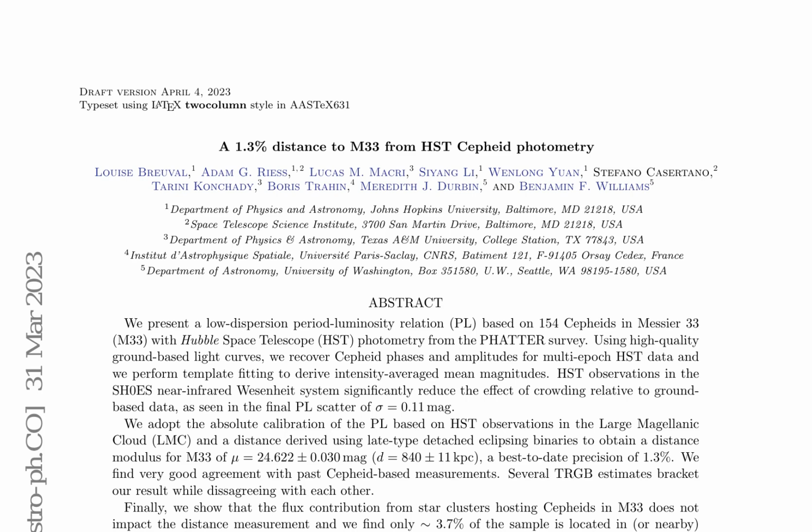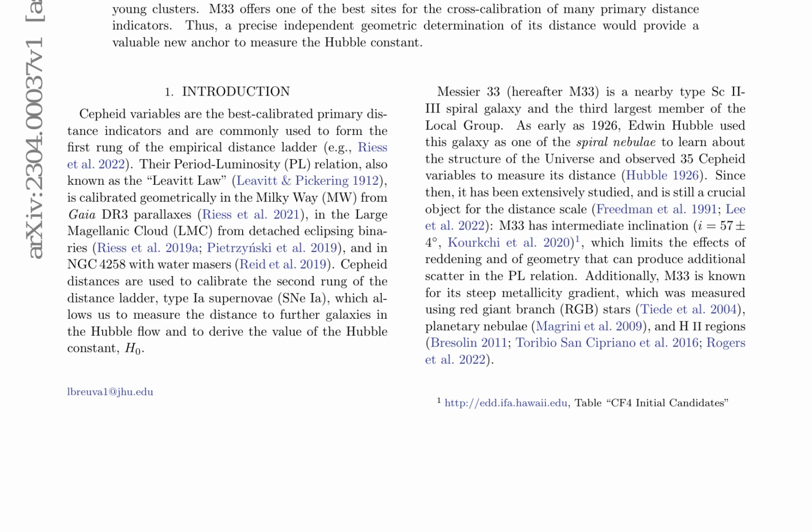M33 is a nearby type SCII spiral galaxy and the third largest member of the Local Group. It has been extensively studied, with Edwin Hubble using it as one of the spiral nebulae to understand the structure of the universe and measure its distance in 1926. The galaxy has an intermediate inclination, which limits the effects of reddening and geometry that can produce additional scatter in the PL relation. Furthermore, M33 is known for its steep metallicity gradient, measured using red giant branch stars, planetary nebulae,